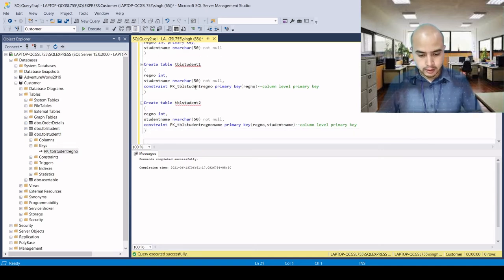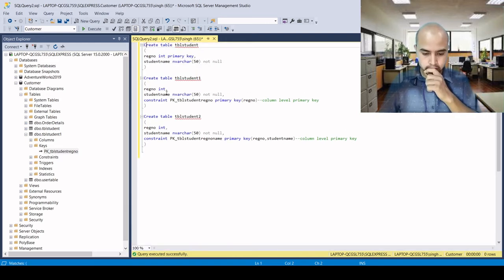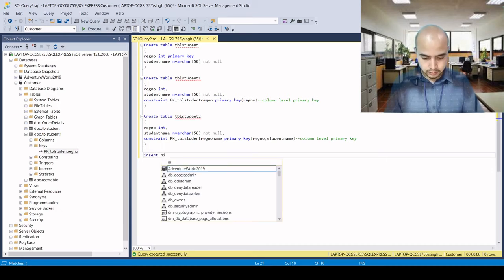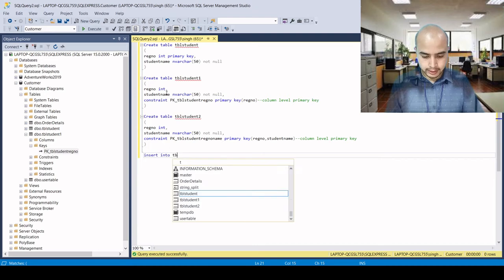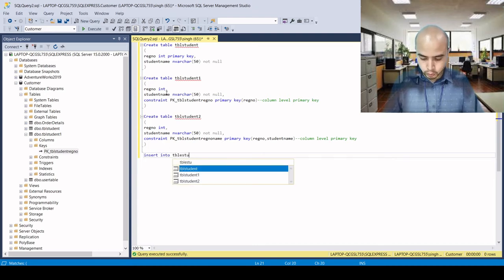And how can we check whether the primary key constraint is applicable on it or not? Let's insert the data. Insert into, let's say, TBL student values, first roll number, or registration number, 1, and the student name.